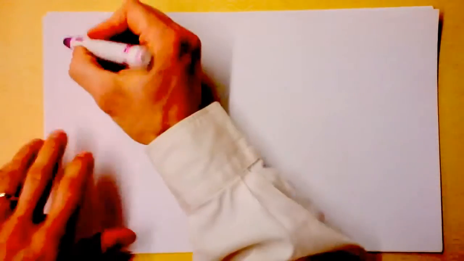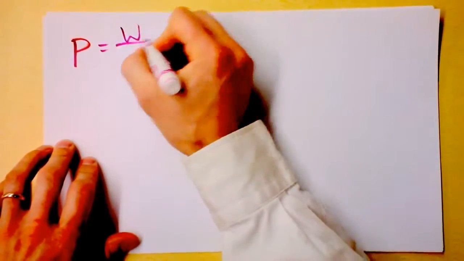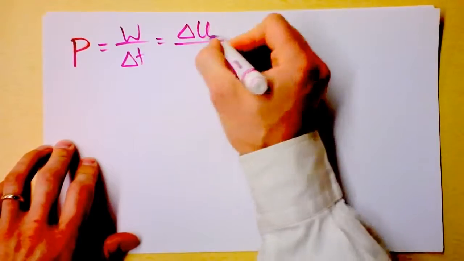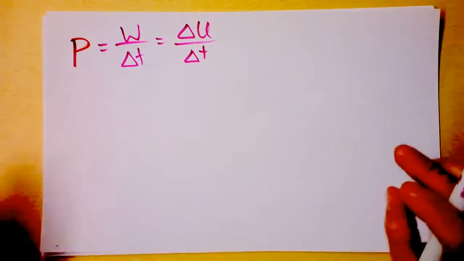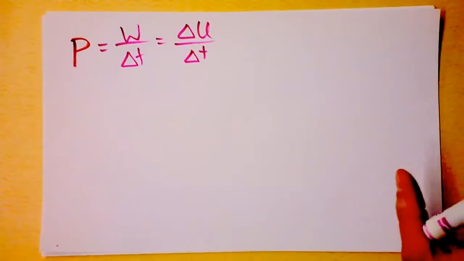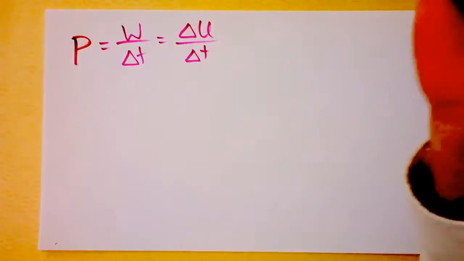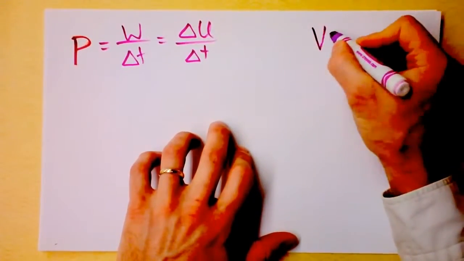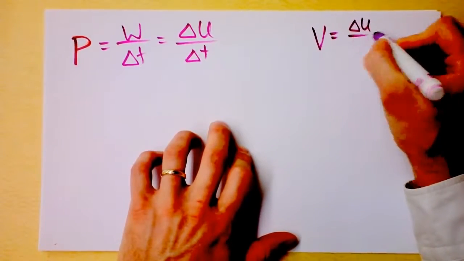Good. If you want to study power, you're probably going to remember that it's work divided by time. And of course, work is change in potential energy, because you're going to be converting potential into kinetic, or kinetic into potential, or something like that. Or maybe potential into heat. But I want to remind you that we defined electric potential by saying that it was change in energy